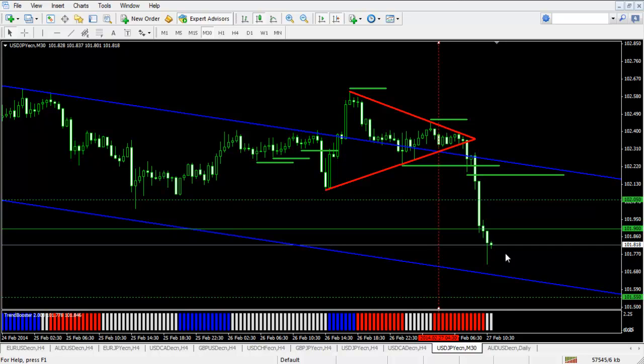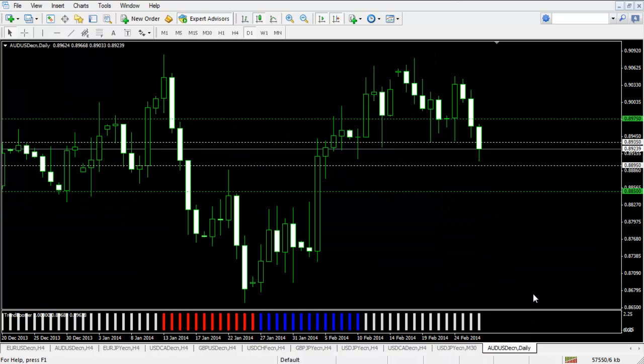Now, before we go, let's go ahead and take a look at the Aussie dollar US dollar daily chart. And over here, you'll notice that I've marked up a couple of different areas. The first thing you'll notice is that I've got these white levels marked up here. The first one at 0.89350. Okay, and at this point, if price were to continue moving beyond this point here, we'd be looking at some good potential for buy trades, and we may look to target the area at